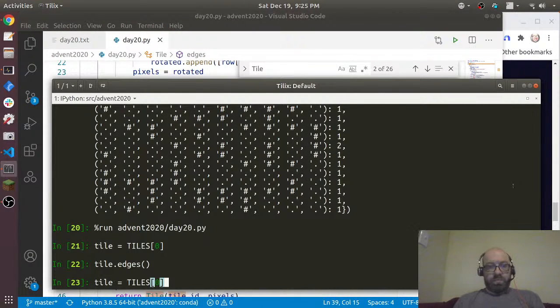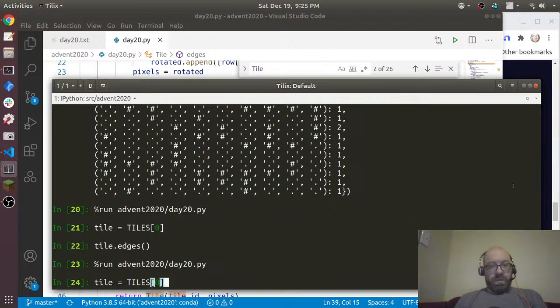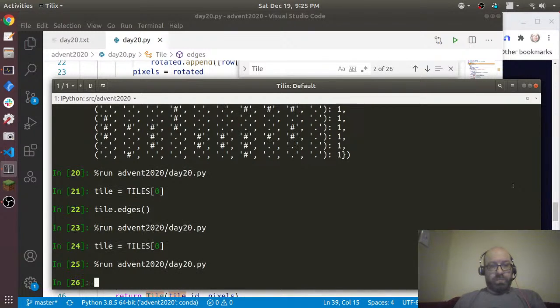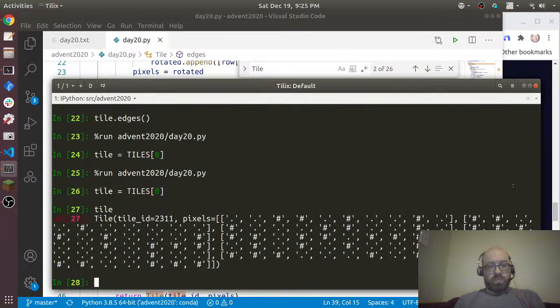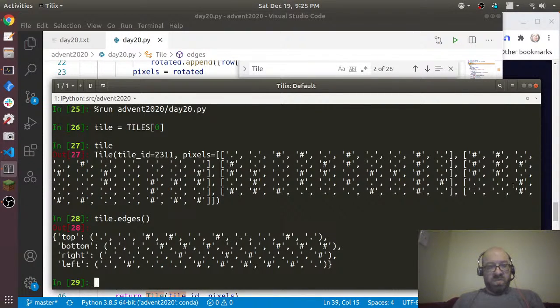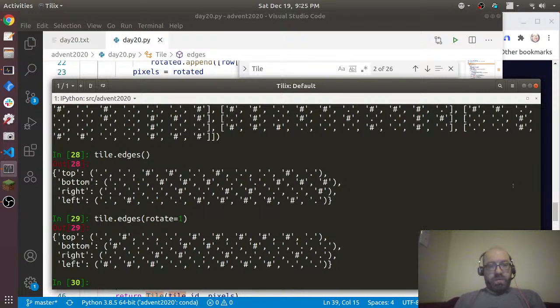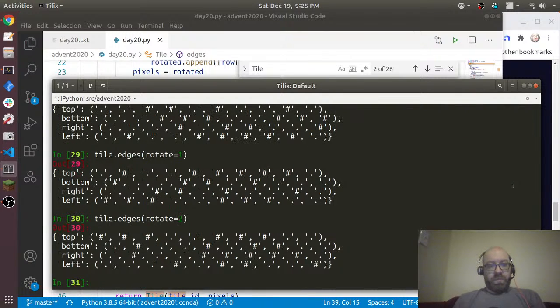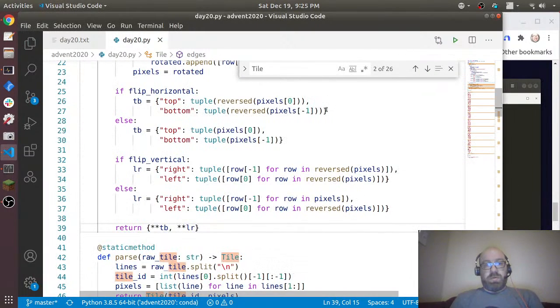Try it again. Edges, rotate equals 1, rotate equals 2. Okay, so now